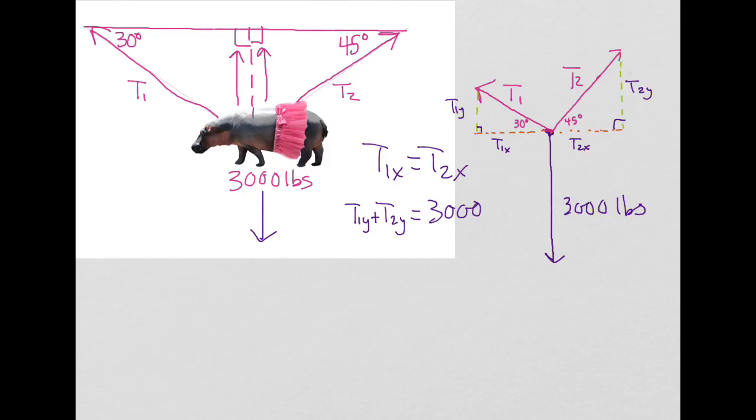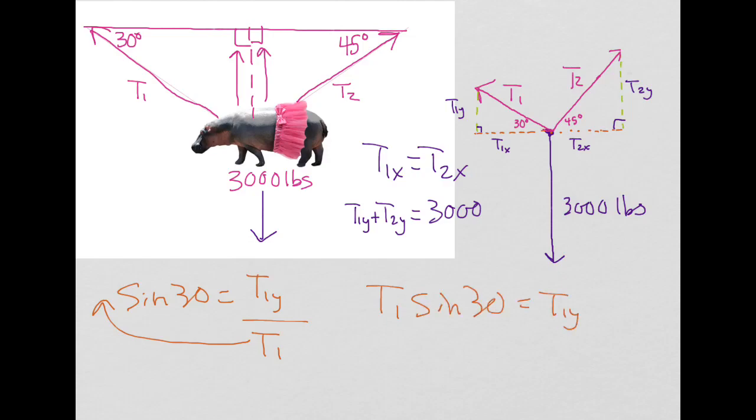So look at the first triangle over here, that guy. We're going to look there first, and let's figure out that vertical component. Now, basic trig will get us that sine of 30 is going to equal the opposite side, which we have been calling T1y, divided by the hypotenuse, which is T1. Now let's get T1y by itself, and then that will be our expression for that side. To do that, you just need to multiply by T1 on both sides, and you'll get T1 sine of 30